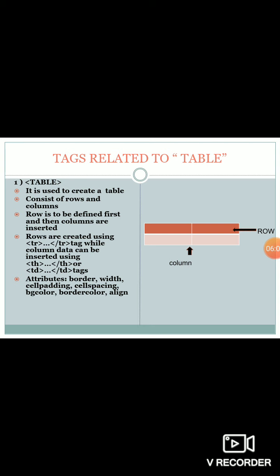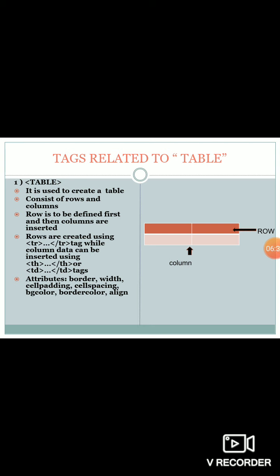So you can put the cell spacing values at 10, 20, 30 like that only. Then we can use some simple attributes like the BG color, border color. While writing the spelling for the BG color or the border color, color spelling is always COLOR. It's not a UR in the HTML.